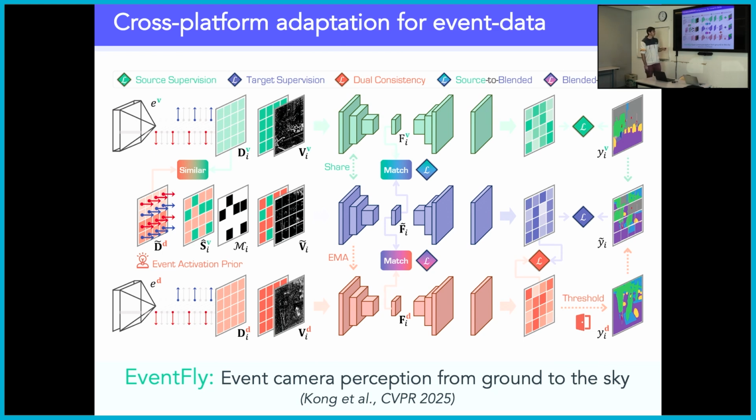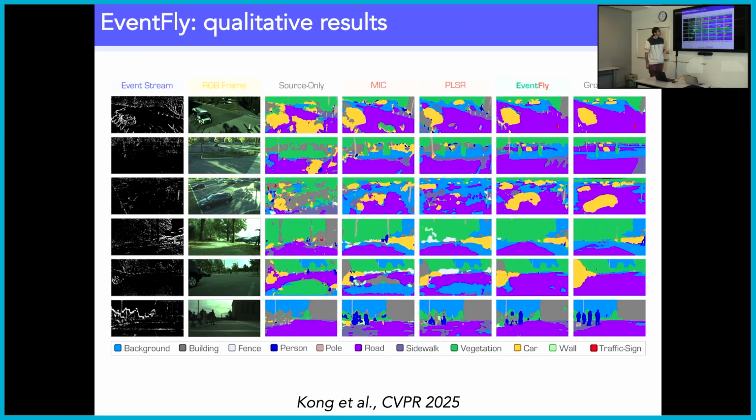Here as well, the network is quite complicated, but the main idea is that we developed an intermediate network that is based on a sort of blender or mixture between the source and the target. And we do knowledge transfer from this network to this network so as to improve the performance on the target. So here are some examples.